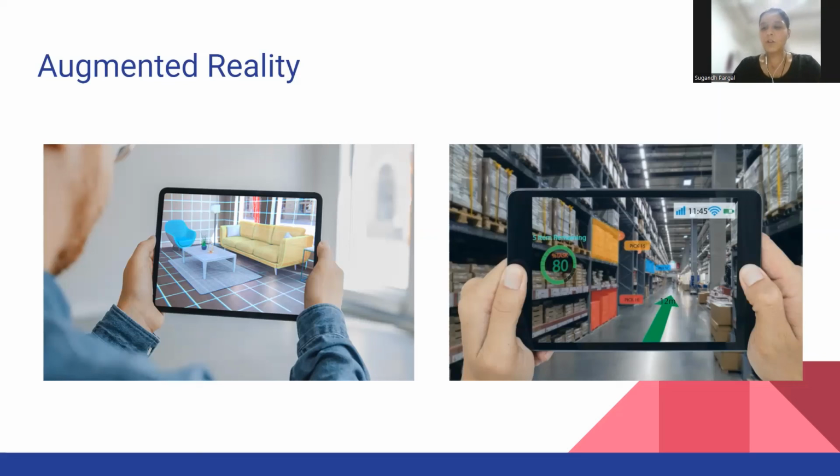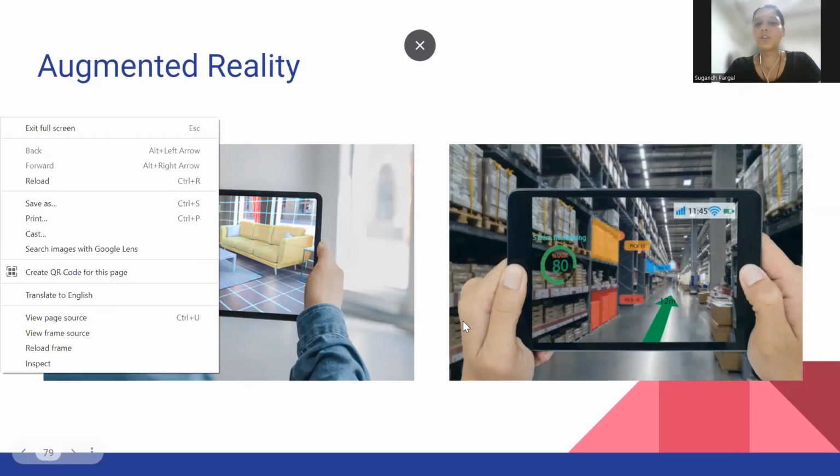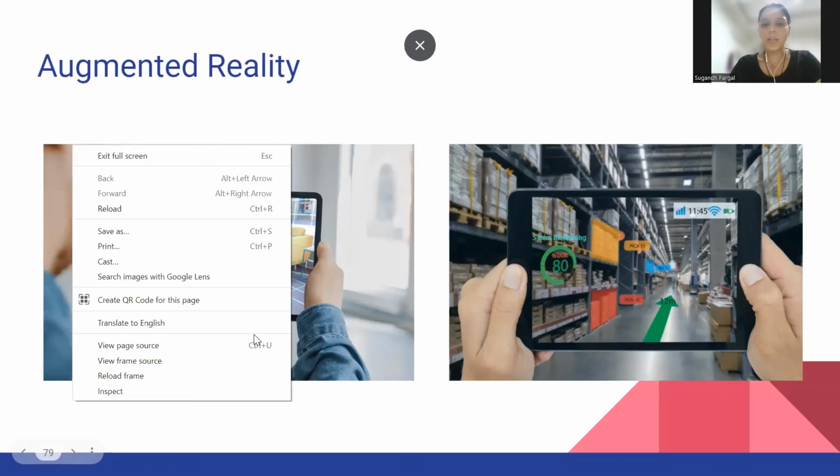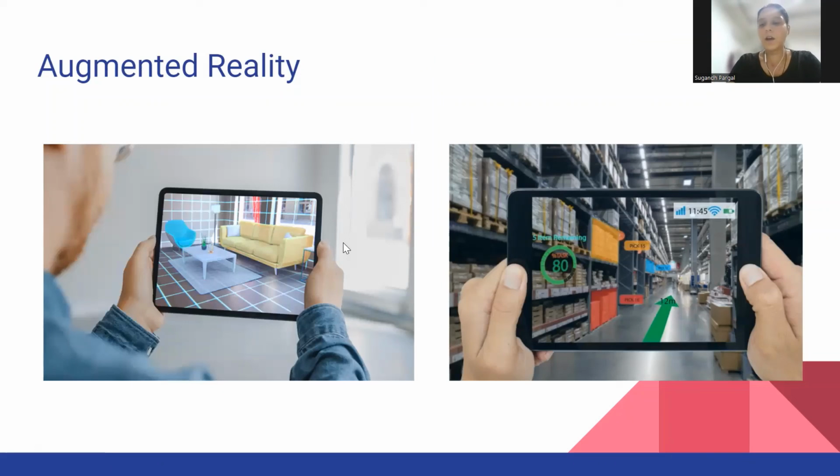In the next figure also, you can see there is a marketplace or a factory in which various products are placed. We want to detect the object which is placed at a further position and how much distance that object is placed. So with the help of this augmented reality, it can measure the estimated distance at which the objects are placed.